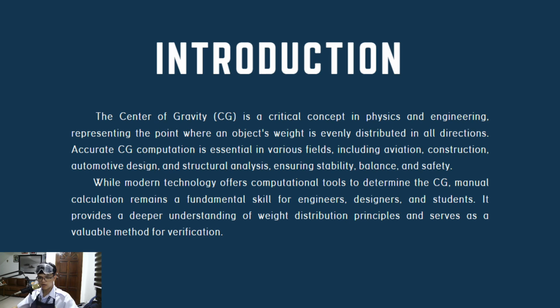representing the point where an object's weight is evenly distributed in all directions. Accurate center of gravity computation is essential in various fields including aviation, construction, automotive design, and structural analysis, ensuring stability, balance, and safety. While modern technology offers computational tools to determine the CG, manual calculations remain a fundamental skill for engineers, designers, and students. It provides a deeper understanding of weight distribution principles and serves as a valuable method for